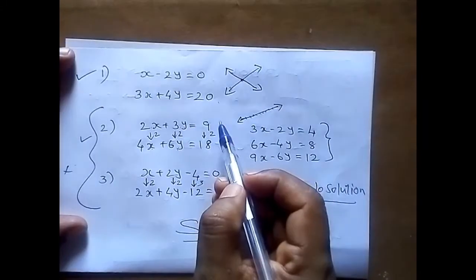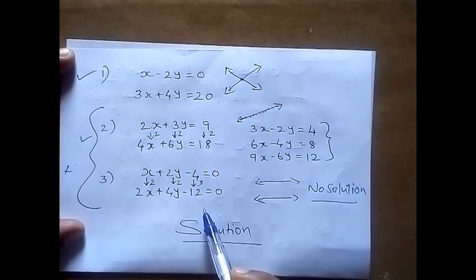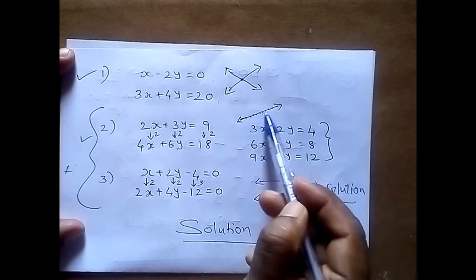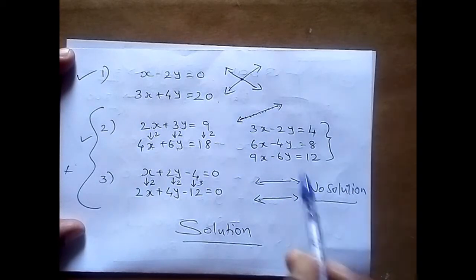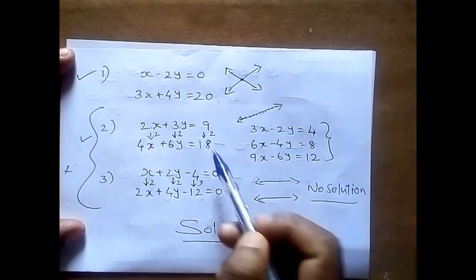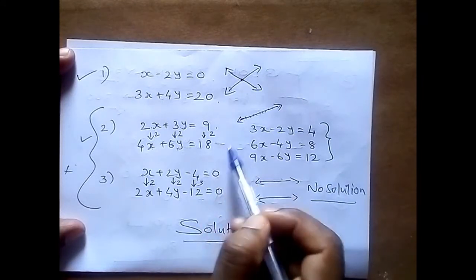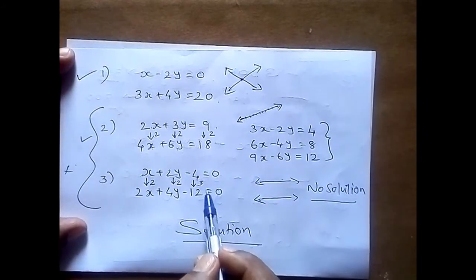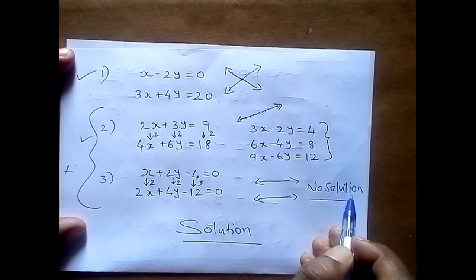In the previous section, we have seen that when there are two linear equations, they can intersect in three different ways. They can intersect in one point, they can intersect in all the points, or they can go parallel without intersecting. If they are intersecting in one point, there will be one clear solution. If they are intersecting in all the points, that means both of them represent the same line, then all the points will satisfy both the equations. And if these lines are going parallel, there will not be any solution.